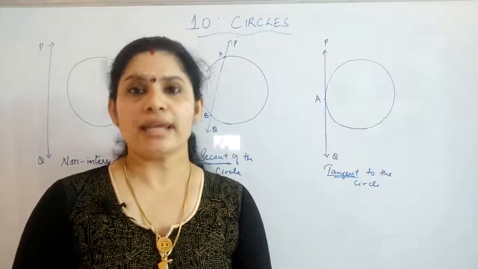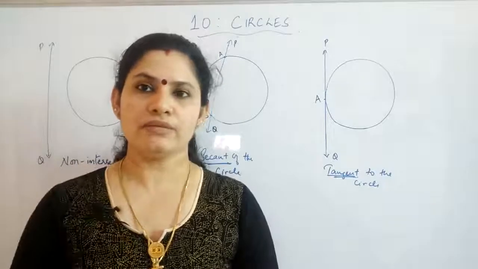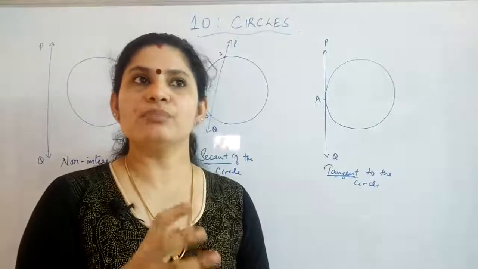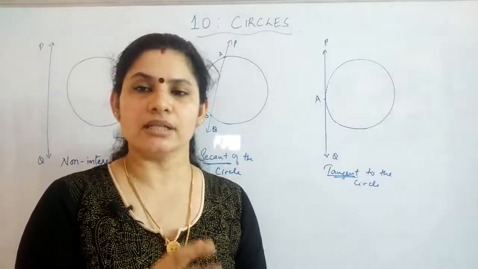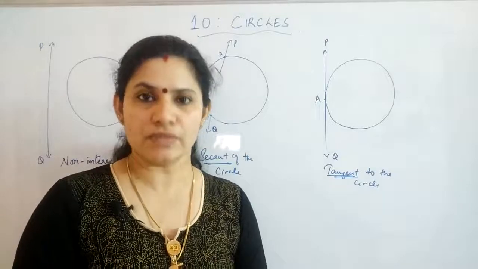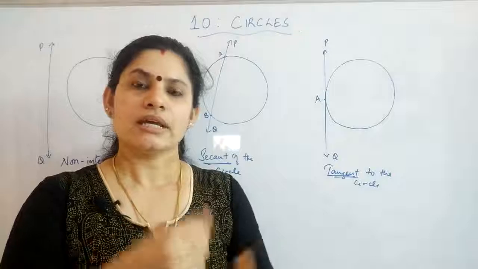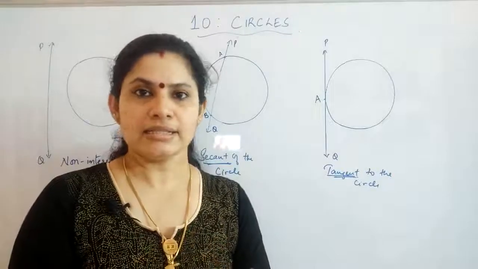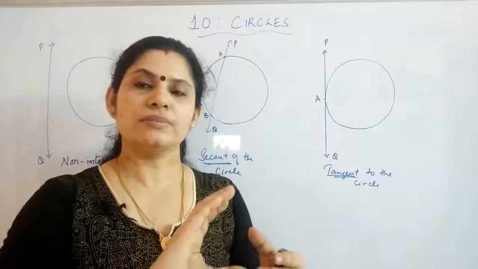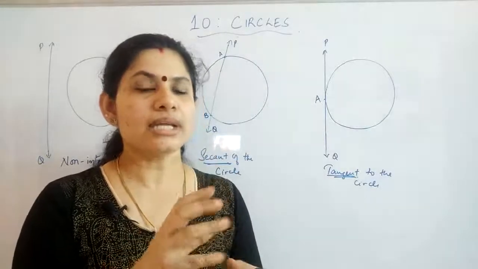In your day-to-day life, you can see a well over which you have a pulley through which you can take water. So the pulley is actually representing a circle. When you have a rope over it and you are pulling out the water with the help of that rope, it will touch only at one point when you are moving to take the water out. So you can understand the concept of tangency using that pulley and the rope.